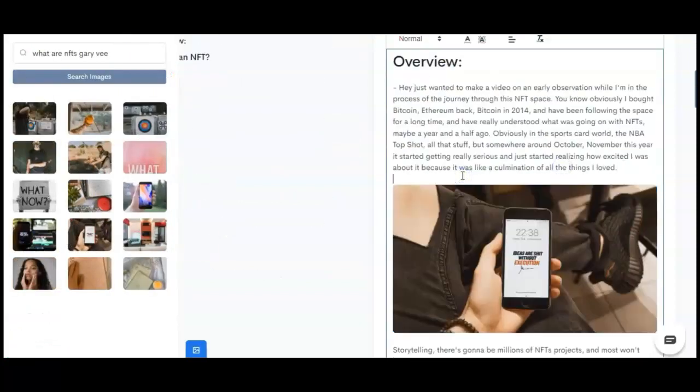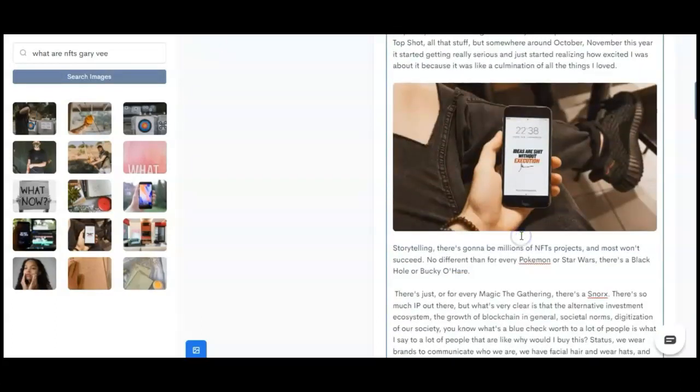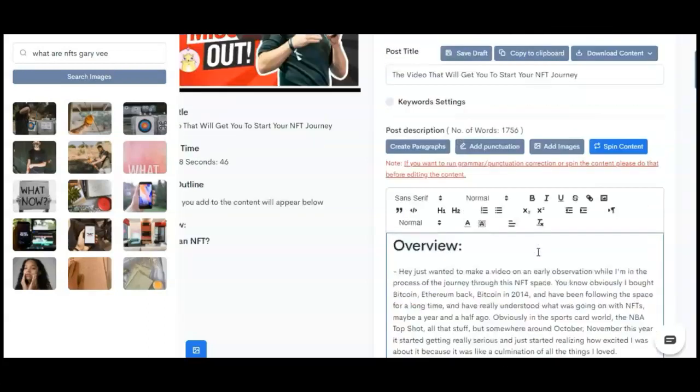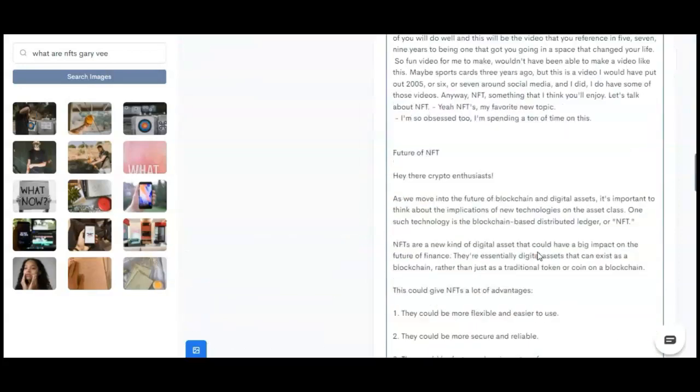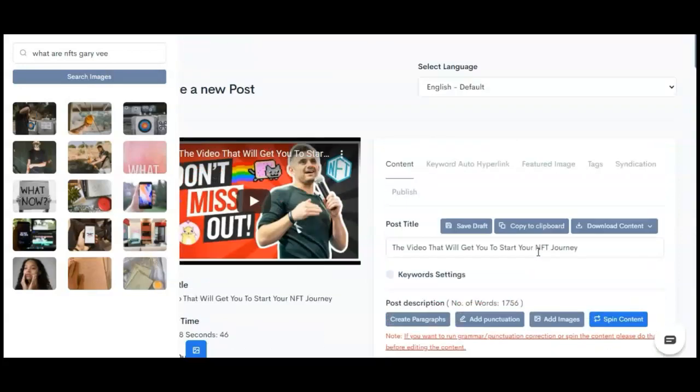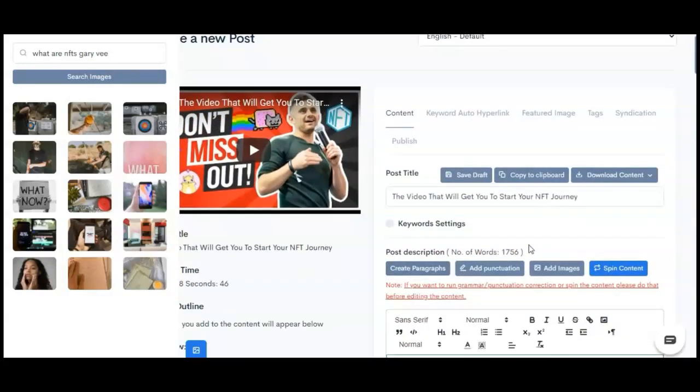You can also add images from our inbuilt image search, right? This uses basically Pexels, which is inarguably the biggest image stock photo library, and as you can see, even the images are related. It has this Gary Vee wallpaper, right? So yeah, that's what you can do at the very basic level.